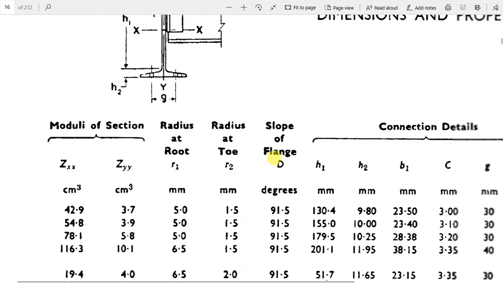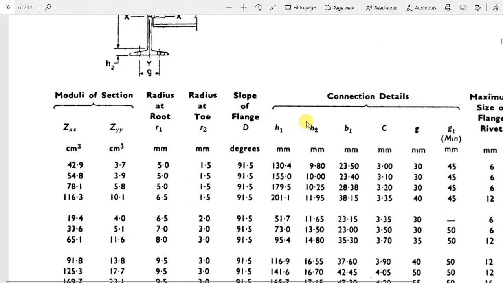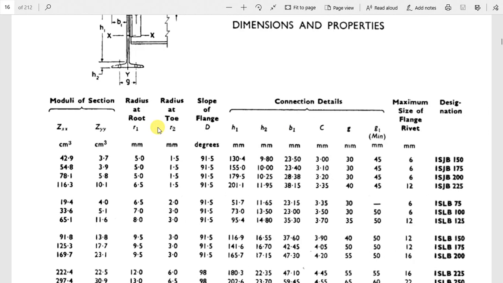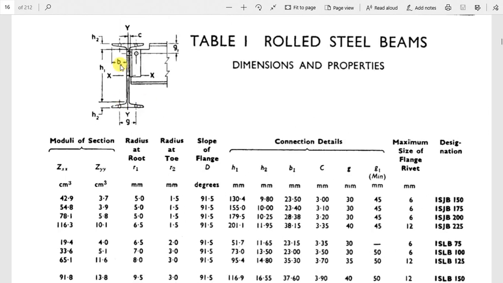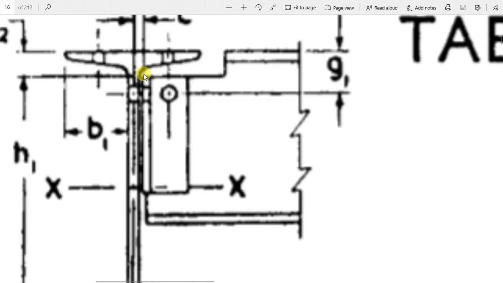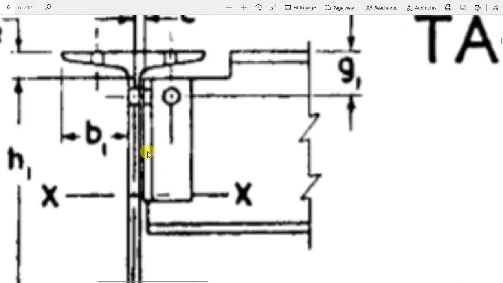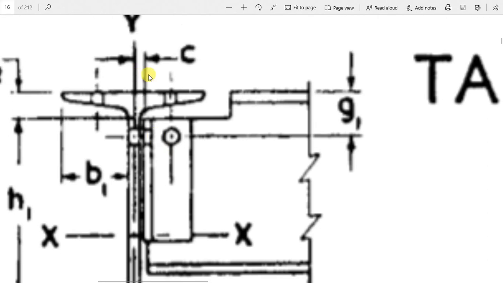The slope of flange is also mentioned here in degrees, and the connection details are mentioned over here. H1 is from this particular point to this particular point, and the remaining part of the depth of section is H2. You also have B1 over here, from this point to the center of the web, and C, which is the gap between this I section and the other section which you are going to connect.